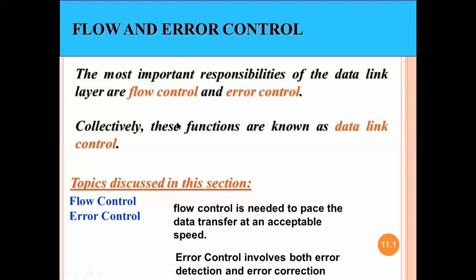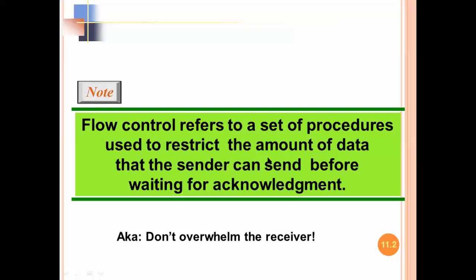So how can we do that? This thing will be done at layer 2, which is known as the data link layer. So these are the two most important responsibilities that we are talking about, that is flow control and error control, right? So why do we need it? We need to pace the speed. What is happening is we don't have the same speed on both sides. The sender might be a server which can send lots of packets simultaneously, and because of that the receiver will get overwhelmed. That we do not want, right? Right, class?